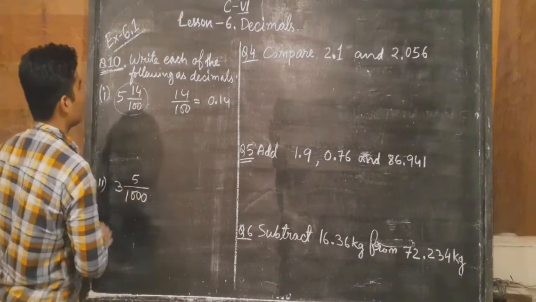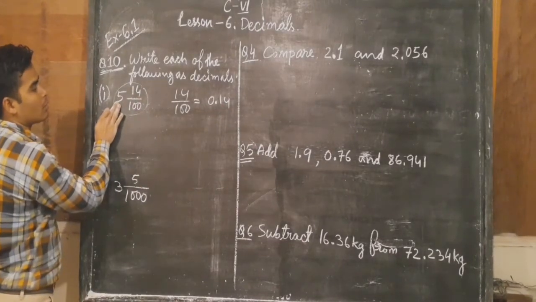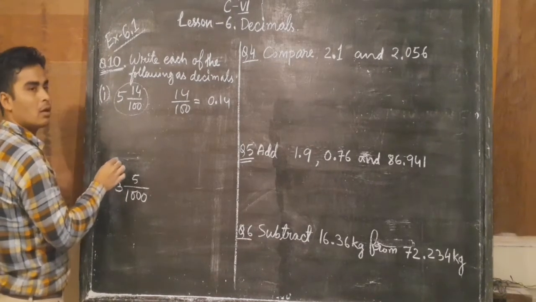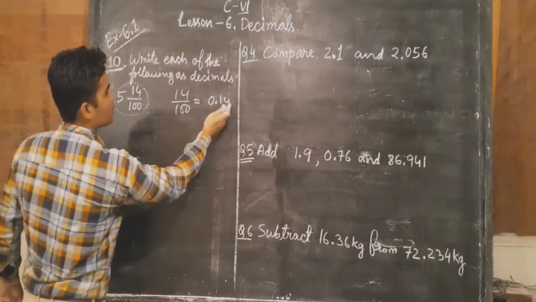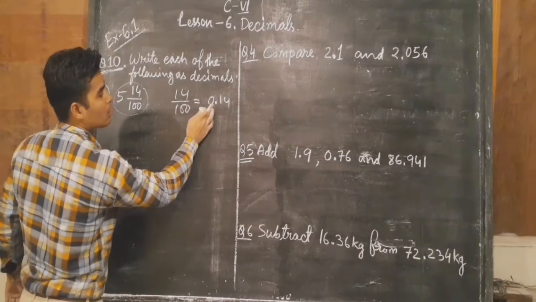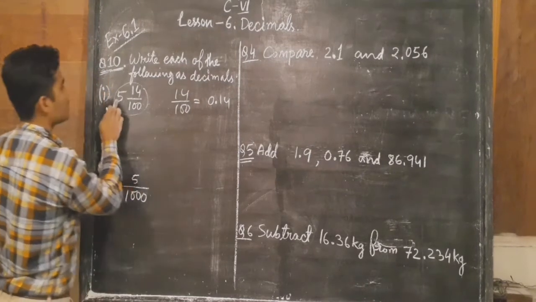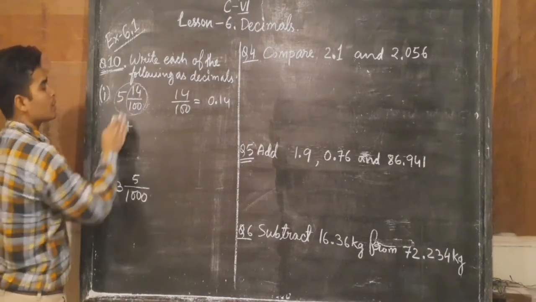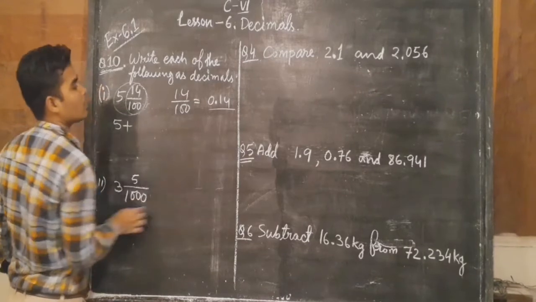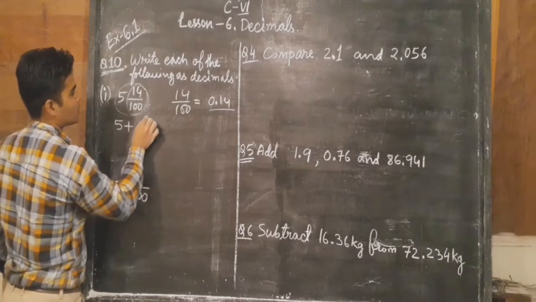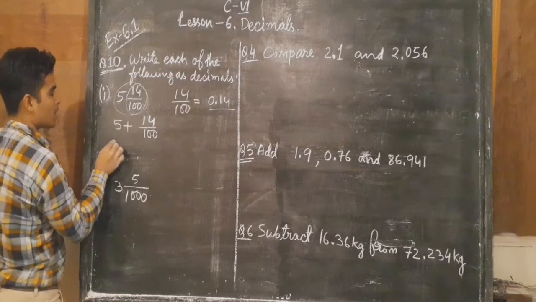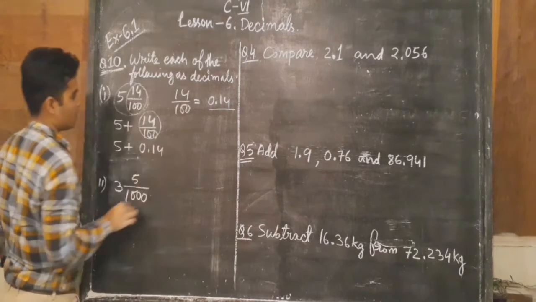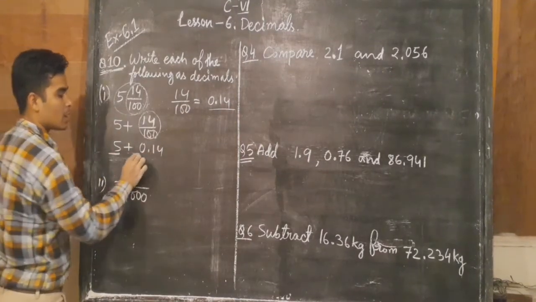Yes or no? But you can see this number. In a mixed fraction, this number is called a whole number. So we know the whole number always lies in a decimal number in this place before the decimal point. So this number will surely be in the whole number part, and if you convert this fraction into decimal, it will be like this. First you can write like this also, 14 by 100. After that 5 plus, you will convert this into decimal, then it will be 0.14. Now you can see this is the whole number and this is the decimal number.